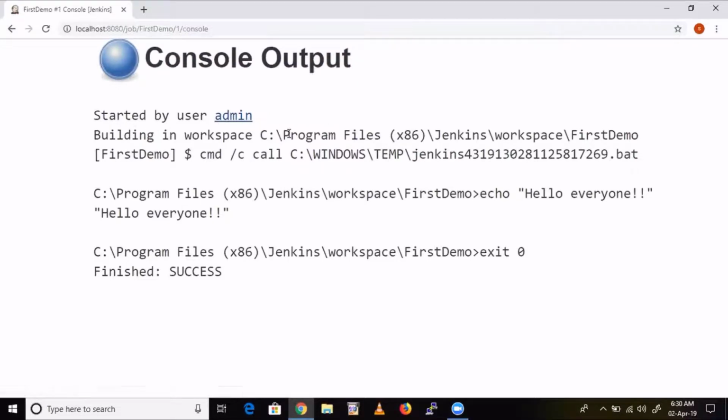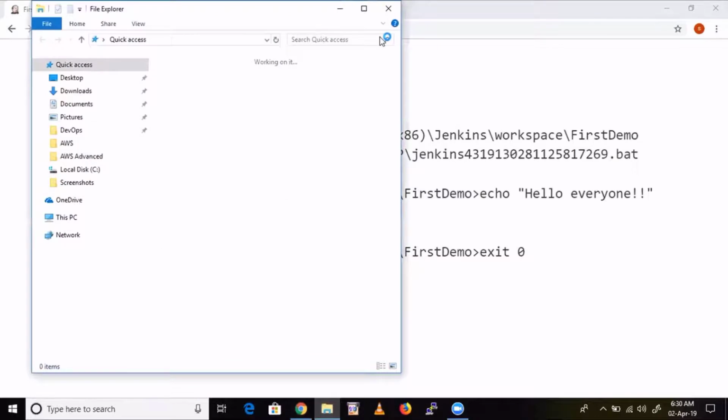C drive. So everything related to this job will be kept under C drive, Program Files, Jenkins, workspace, and first demo. Whatever you see on that screen, that web page, is only a window. But where is my data actually stored?